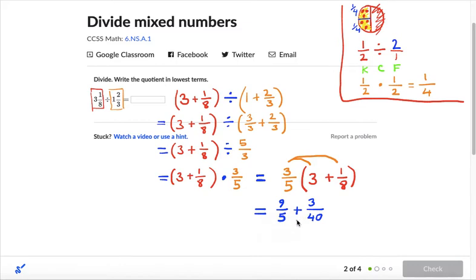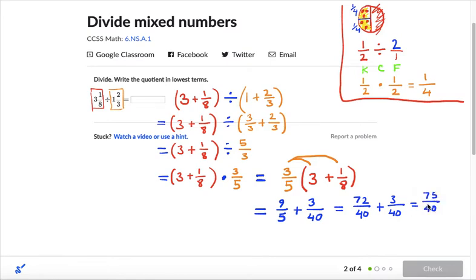The denominator I need is already 40. I'm not going to need to change this one. It's going to work quite easily for me. So I need to multiply times 8 above and below. So I've got 72 40ths plus 3 40ths, and that gives me 75